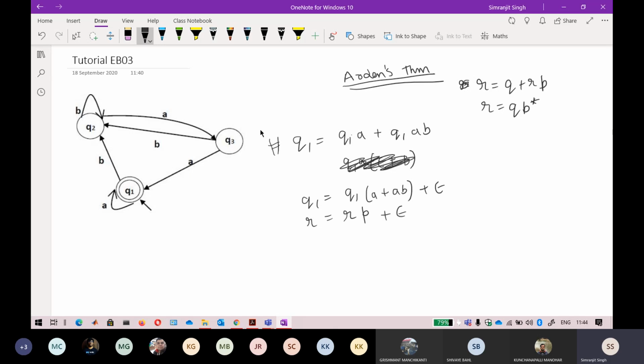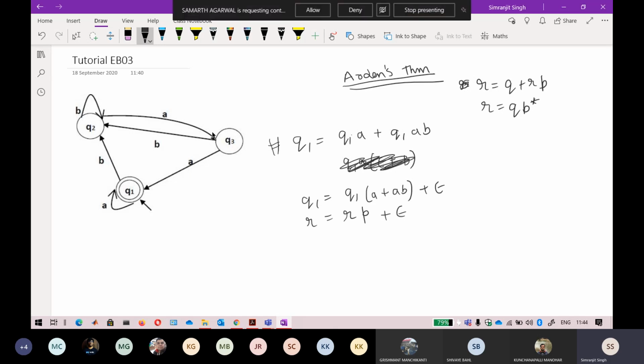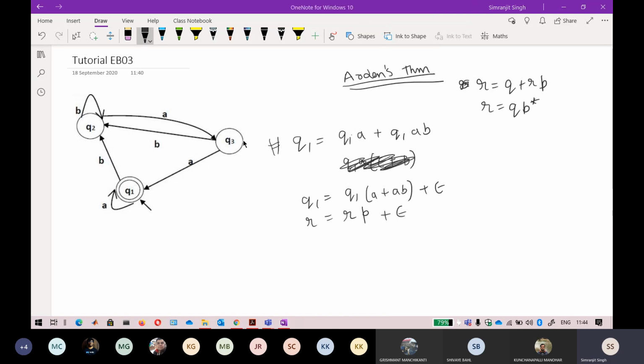And the second tip I want to give to solve Arden's theorem is that on Q3 also, on Q2 also, on Q1 also, always try to look whether you can apply Arden's method on any of these states. Don't think that it is only applicable on Q1. This is not a hard and fast rule. It can also happen that a state that you have designed here is of no use. It can happen that Q3 has no use in the expression, but don't worry about that. You will see it yourself.